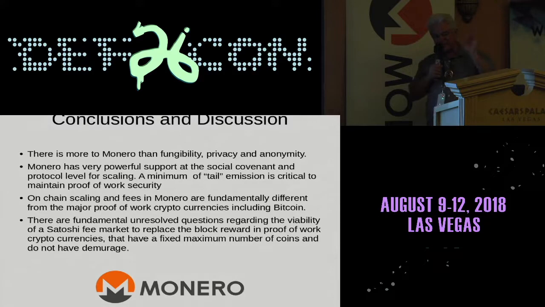So Peter Rizun's paper does not solve the Satoshi model at all. It is just as present in Monero as it is in Bitcoin or Bitcoin Cash or Dash or Litecoin. That doesn't change. It solves a very important problem and addresses it, but not the one that we're trying to solve. But yeah, it comes down to the fees going to zero because there's no competition. And people might say, well, what about if I create a protocol of minimum fees? Well, there's going to be out-of-band payments, and so that will basically cause it to collapse anyway.